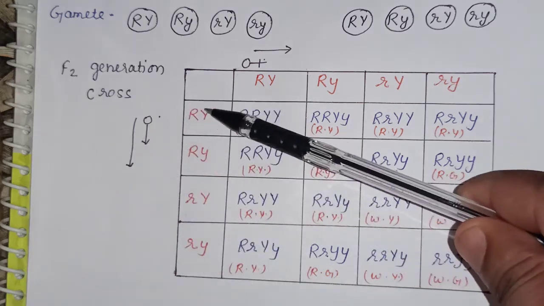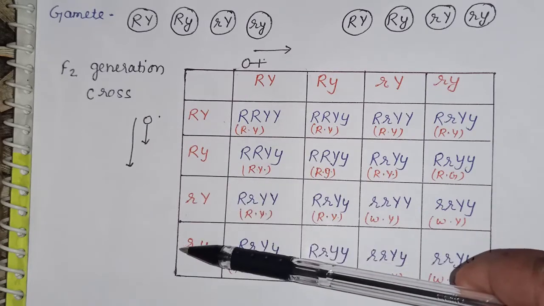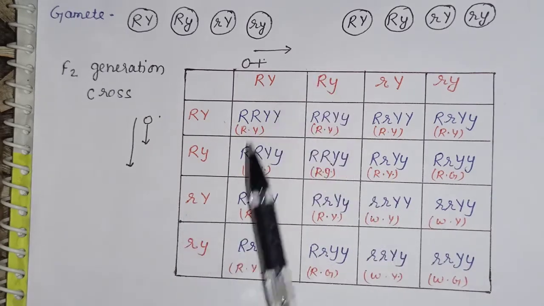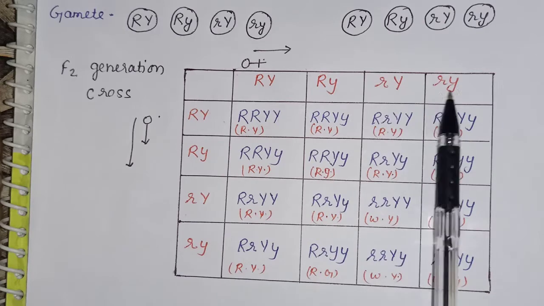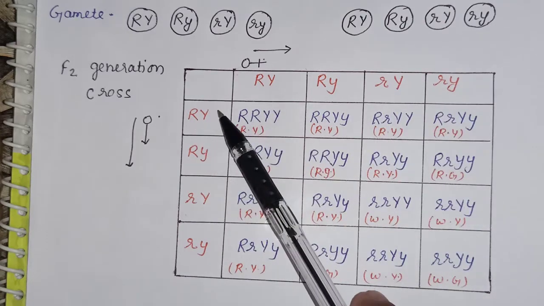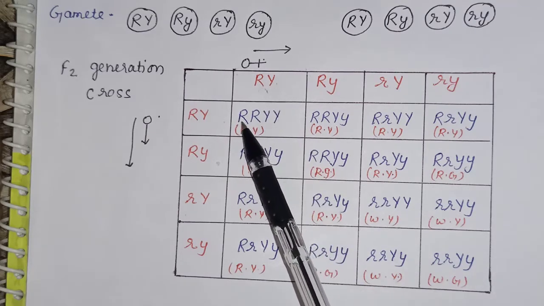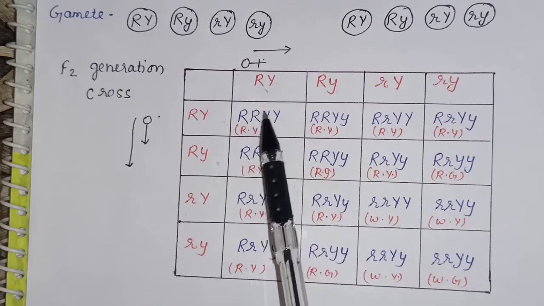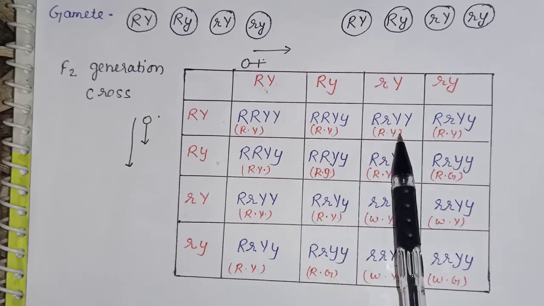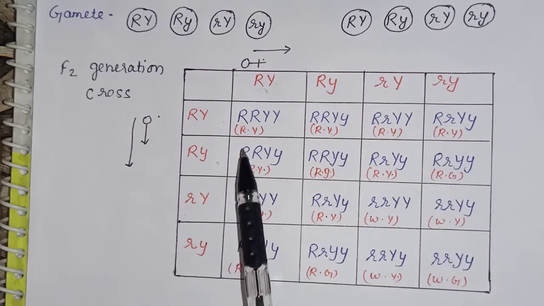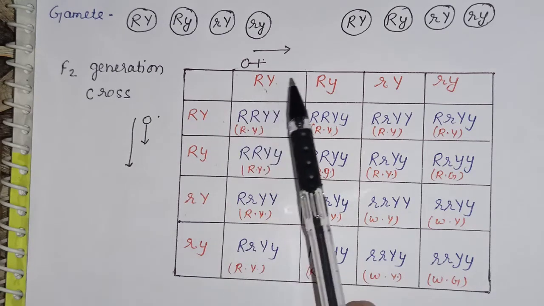On one side we write the gametes capital R, capital Y, capital R, small y, small r, capital Y, small r, small y, and on the other side the same. Do the cross between male capital R, capital Y and female capital R, capital Y. Then we find capital R, capital R, capital Y, capital Y. Here the result is round yellow. In the next step we get round yellow. In the third step round yellow. Fourth, round yellow. And in the second way, if we cross capital R, small y with capital R, capital Y, then